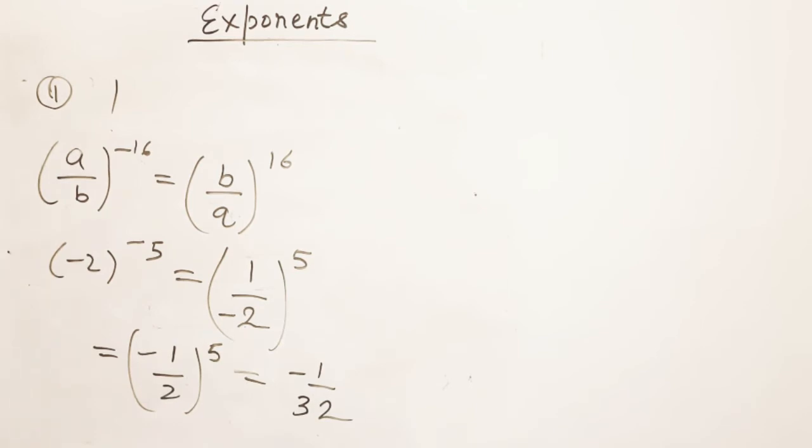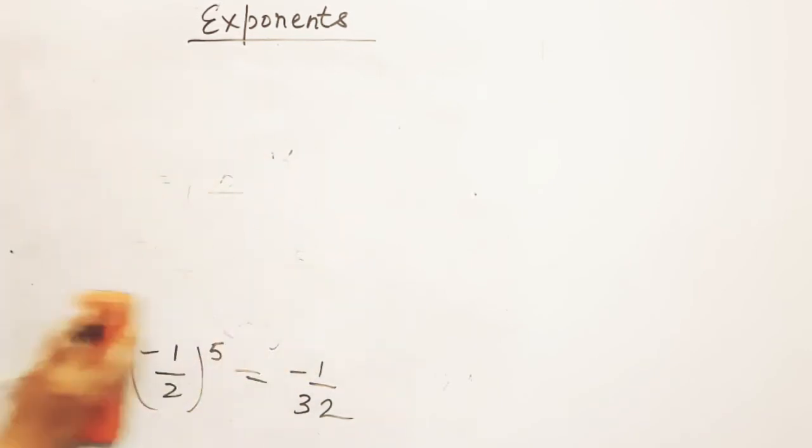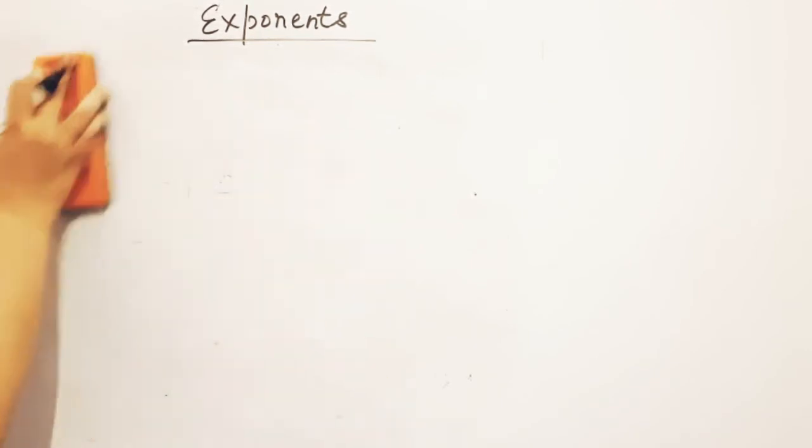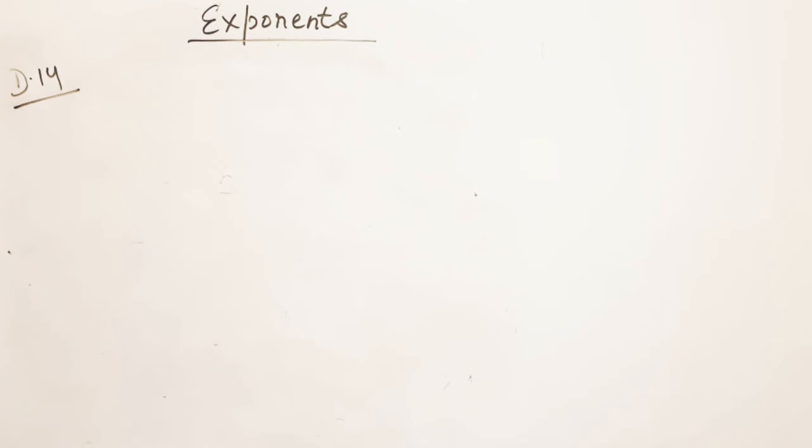Now coming to true false. So it is D14 exercise. You have to do these questions in the maths book itself. I am explaining you both so that you understand well, so that your concept should be clear during exams. Okay. So D14. First one is 645 in standard form is 6.45 multiplied by 10 to the power of 2. That is totally right. This statement is true.